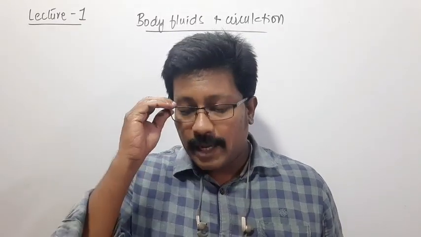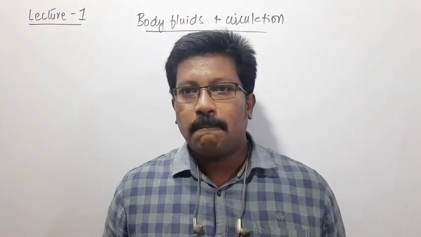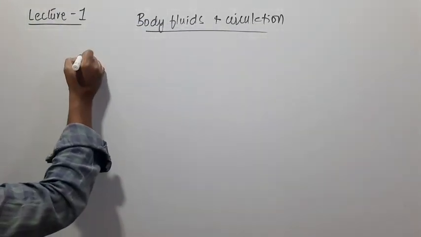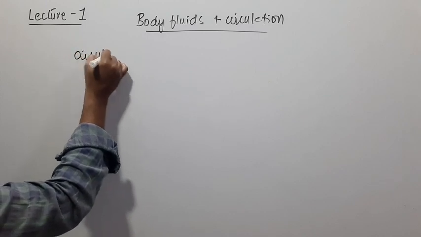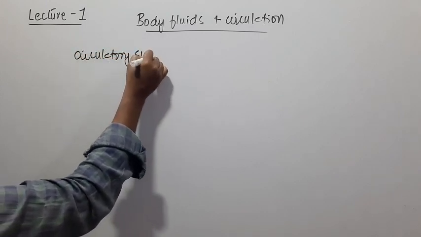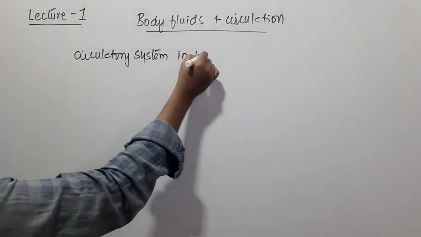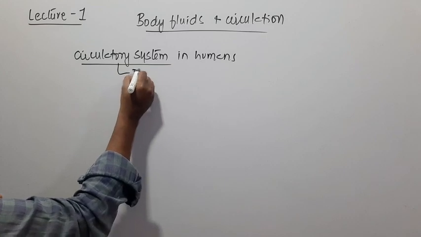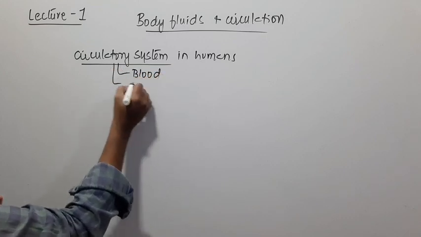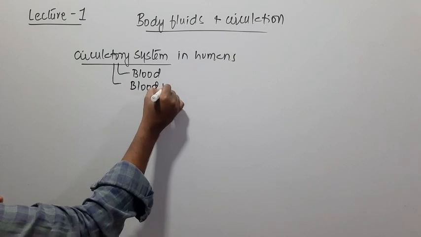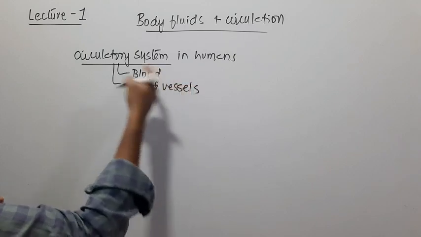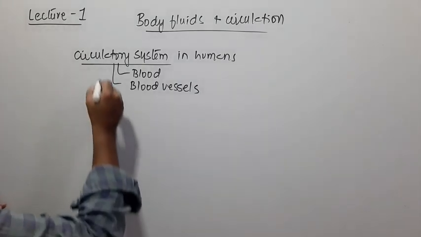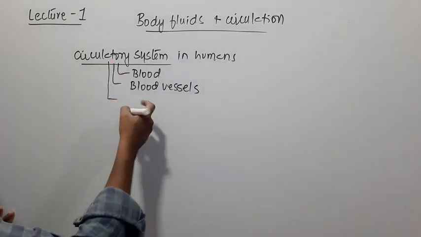In this session, I'm going to begin with a new chapter, body fluids and circulation. Under this chapter, we'll see about the circulatory system in humans. The circulatory system in humans comprises blood, and also has the blood vessels. We know the circulatory system in humans is a closed type of circulatory system, and then we also have